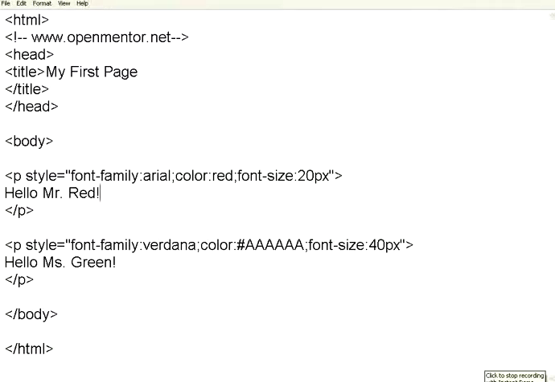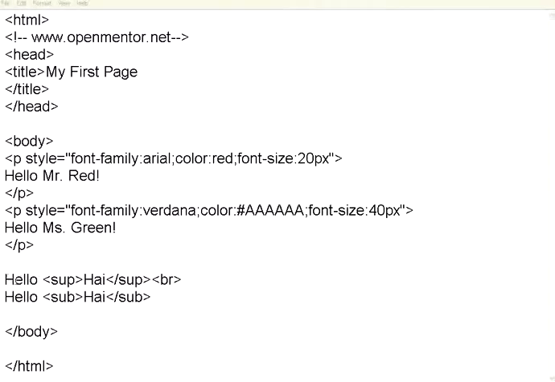Now we will have some more settings on the fonts. Let us take a look here. I print hello. I use a tag called SUP. This is for superscript. Superscript means it will appear at the top. Then there is another tag called SUB. This is subscript. Superscript and subscript are there to help you print something above or below that particular line. Let us look at how this appears.